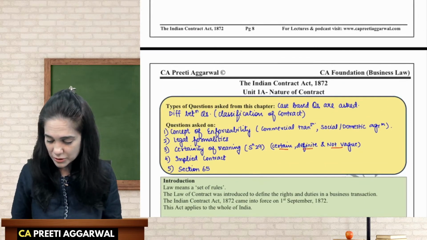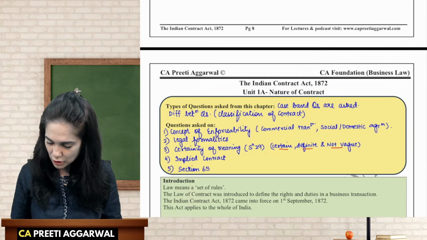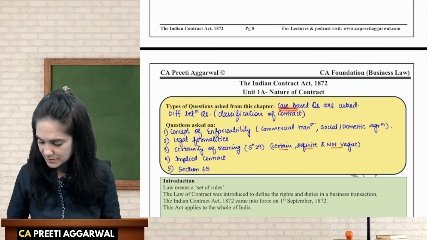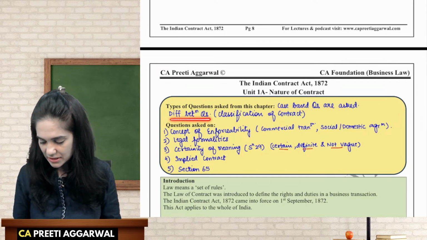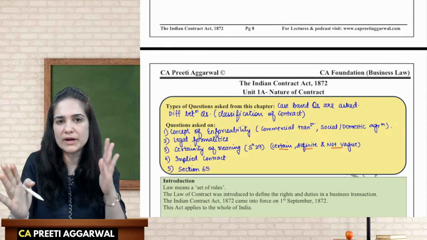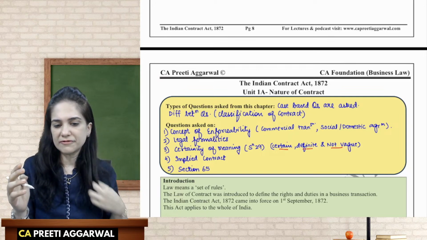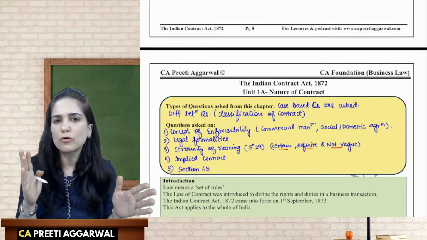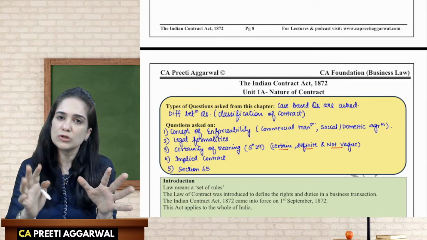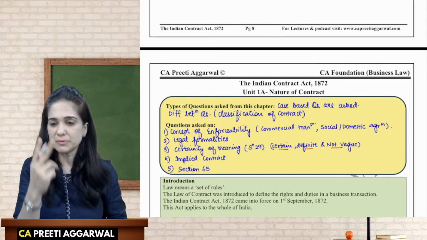Okay. Now, students, do you remember yesterday we had discussed that from this chapter, two types of questions can be asked. One is case-based questions and other is difference between. Okay, difference between can be asked on types of contracts. So difference between void, voidable, void and illegal agreement. Then difference between enforceable, unilateral, bilateral, not very frequently asked, but mostly it is void and voidable, void and illegal. These are two difference between on which questions are asked.